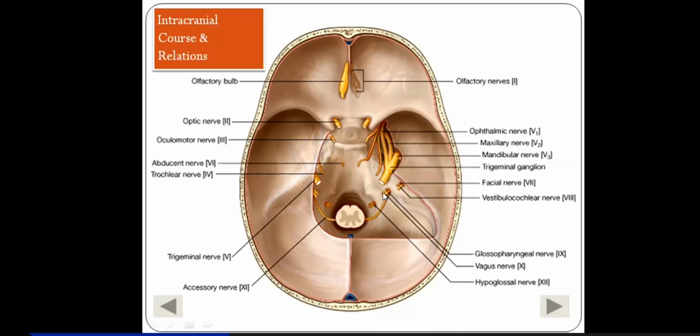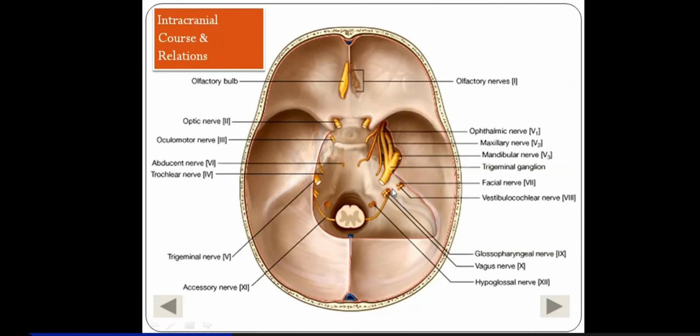They will pass out through the jugular foramen, and the jugular foramen is between the petrous and occipital bone. It's not a true foramen. So the three nerves you can see are passing down here to the jugular foramen, and you can see that this transverse and sigmoid sinus also emerges out through the posterior portion of the jugular foramen in the form of the internal jugular vein. Okay, so that is the area of the jugular foramen.